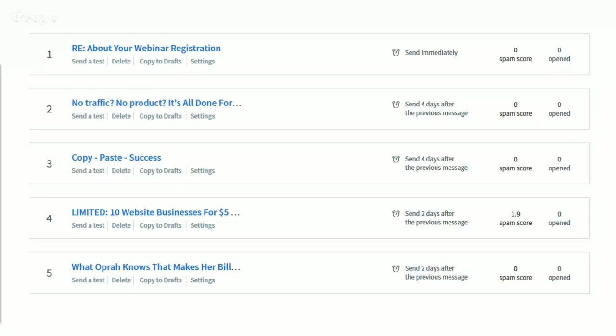And now here's the cool thing. I've seen people with over a year's worth of email, so that once people are in the mailing list, they're selling to these people automatically for a year. Okay? So whether they're asleep, whether they're on vacation, whatever the heck they've decided to do, their autoresponder is selling to their prospects for a year. Pretty awesome, right? So let's take a look at the other kind of messages that are available.